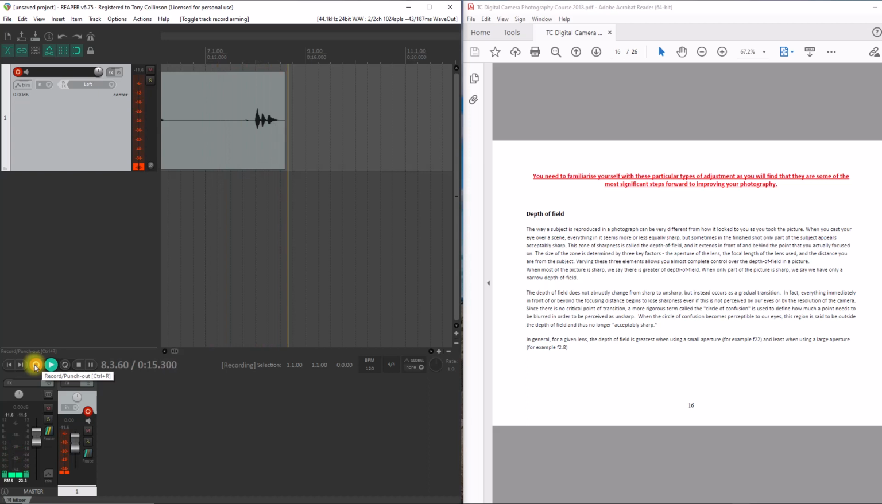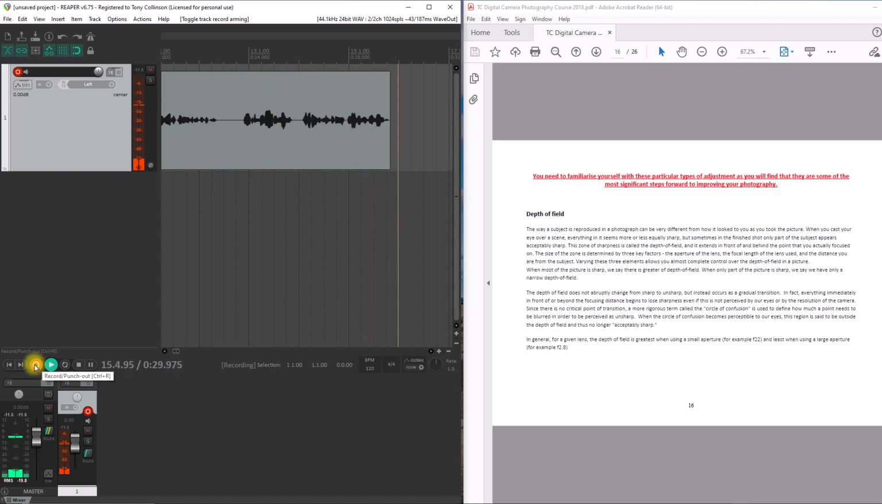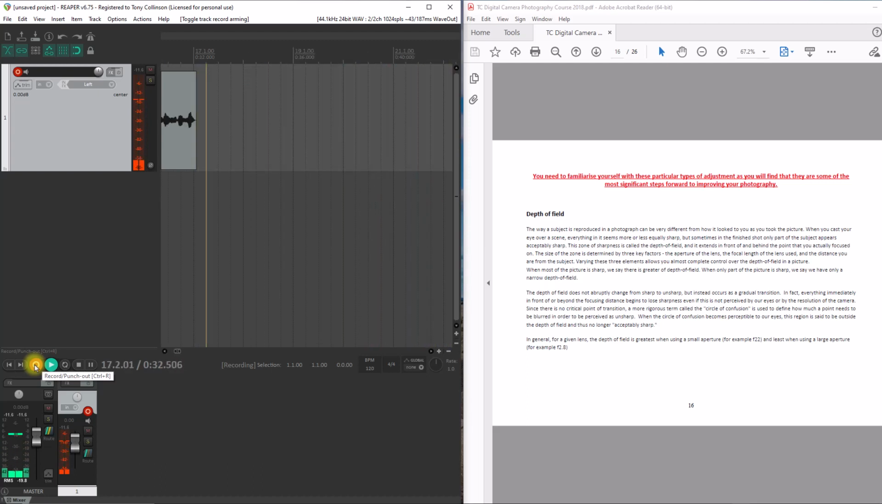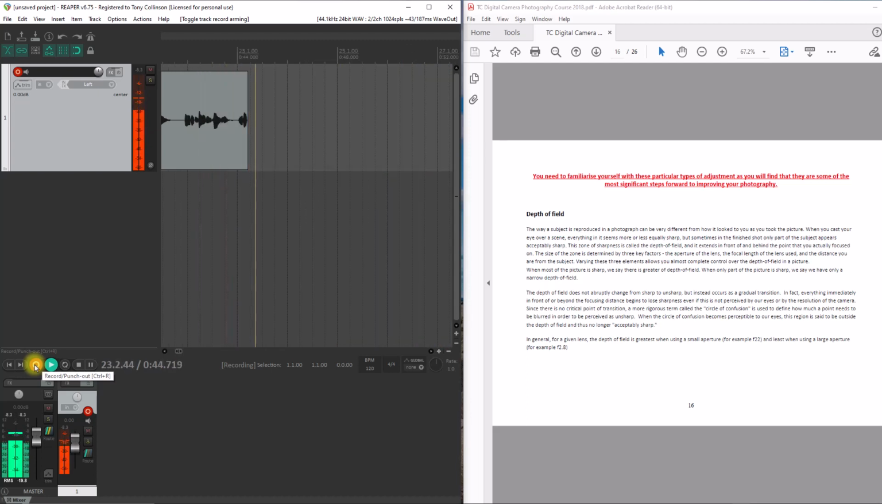Depth of field. The way a subject is reproduced in a photograph can be very different from how it looked to you as you took the picture. When you cast your eye over a scene, everything in it seems to be more or less equally sharp, but sometimes in the finished shot, only part of the subject appears acceptably sharp. This zone of sharpness is called depth of field, and it extends in front of and behind the point that you actually focused on. The size of